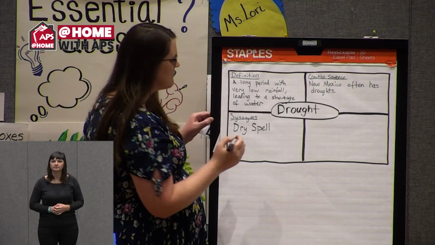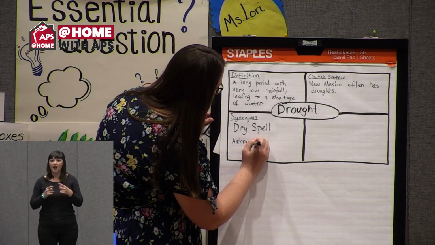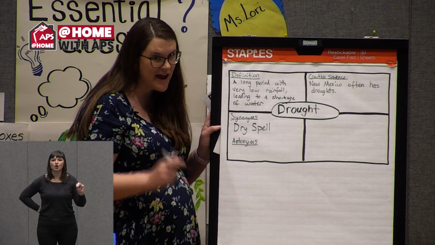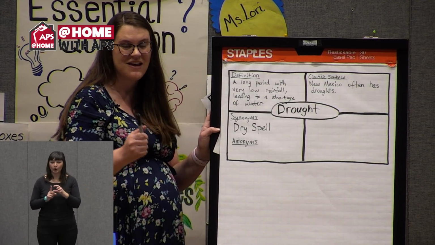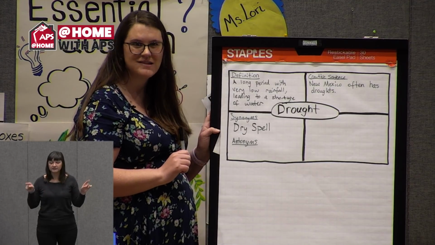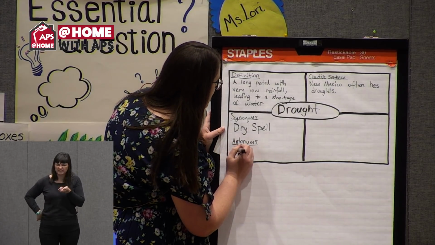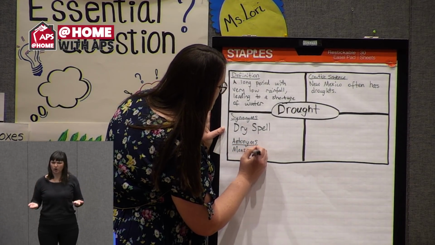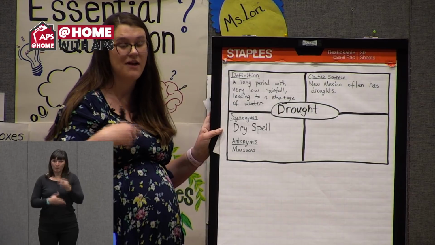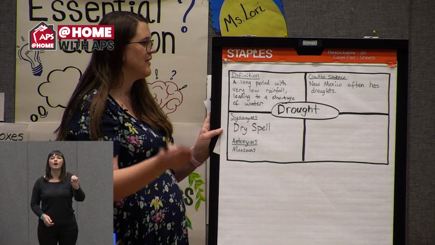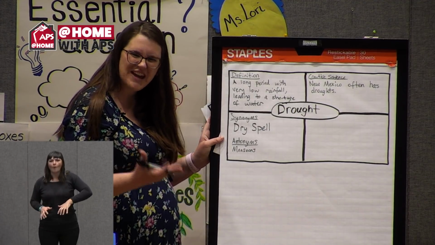But then I also found some really interesting antonyms. And so I'm going to add antonyms right below. An antonym means the opposite. And the antonym I heard for drought is monsoon, which was interesting because if we have droughts often in the summer, isn't it interesting that we also often have monsoons in the summer? And monsoons are torrential rains. That's just like a ton of rain all at once. And that would be the opposite. It would be an overabundance of water rather than very low rainfall. So I added antonyms today just because monsoon was so interesting.